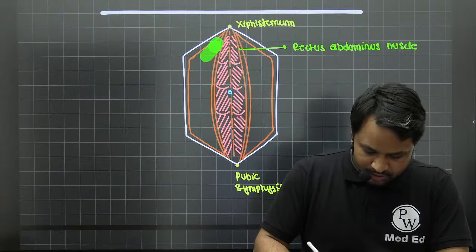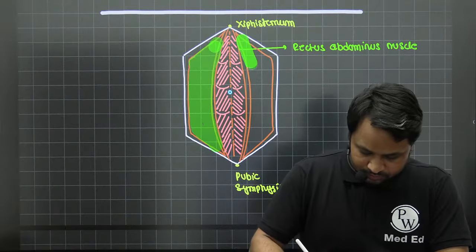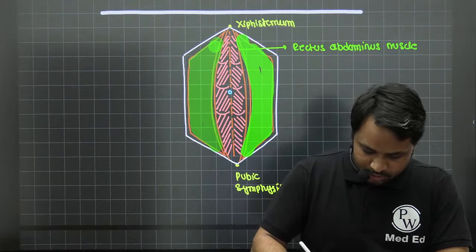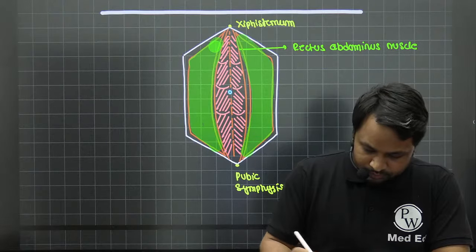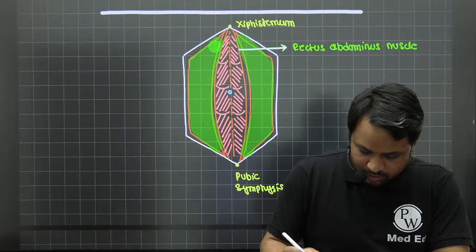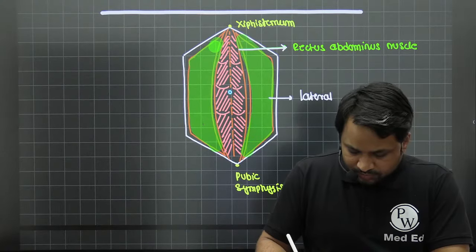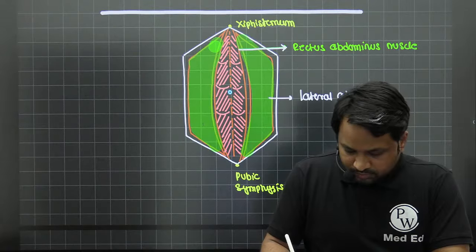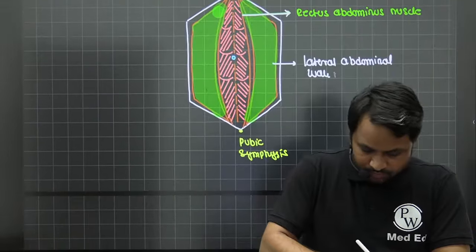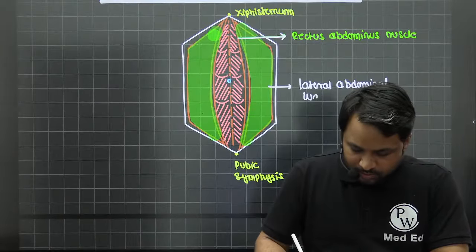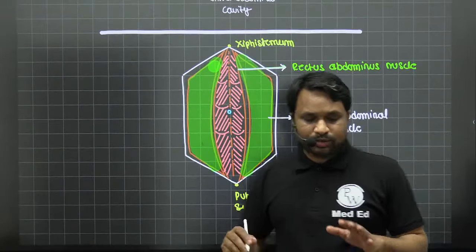Just for the sake of understanding, I'm just going to highlight this. This is your lateral abdominal wall muscle. So you have the rectus abdominis muscle, and this happens to be your lateral abdominal wall muscle. Now, why I'm being so precise about it is you need to understand that two lines